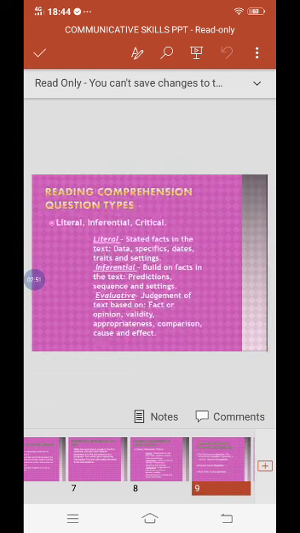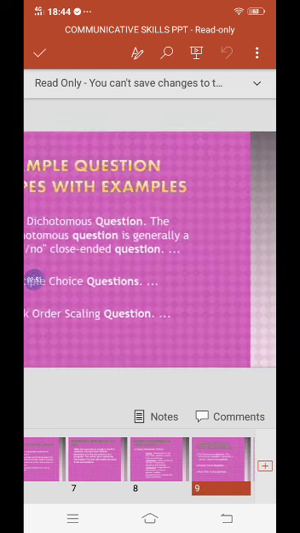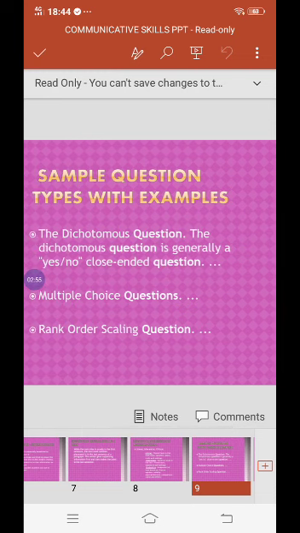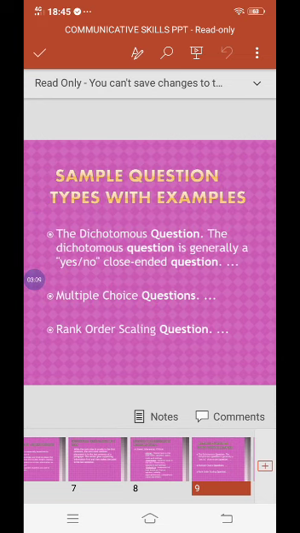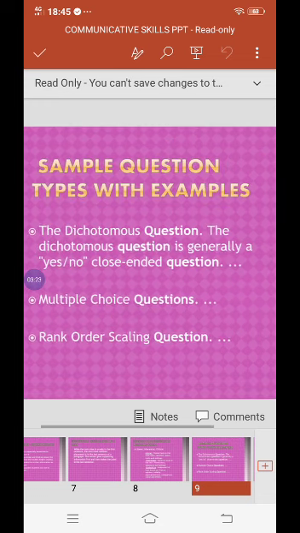Let us now go to the sample question types with examples. Questions have over the years evolved to different question types to now collect different sets of information. The types of question used in a research study are decided by the information required, nature of the study, time that the respondent has, their willingness to participate, and the time and budget constraints of a study. So let us now discuss some widely used types of questions with sample examples.